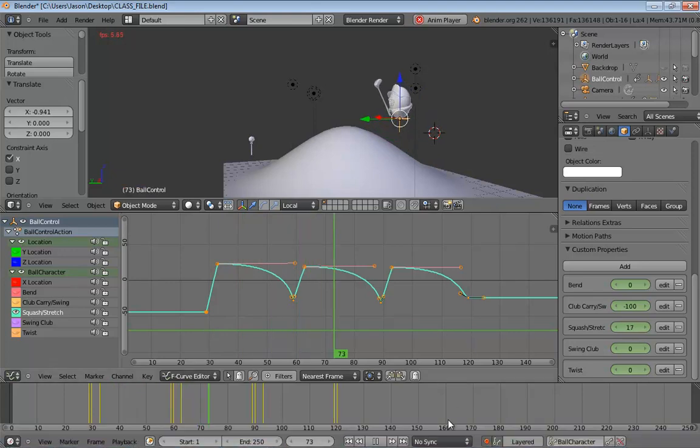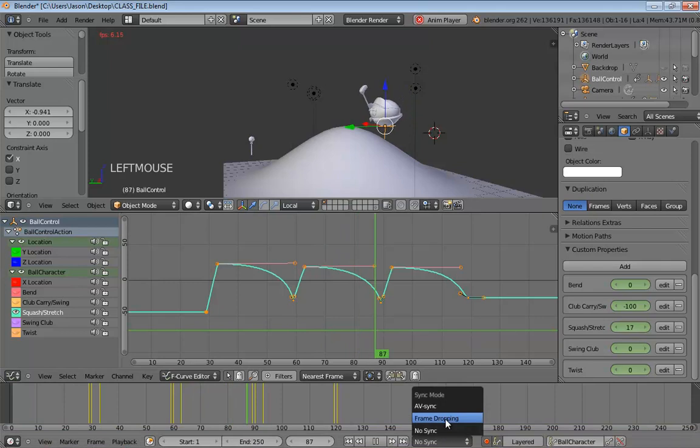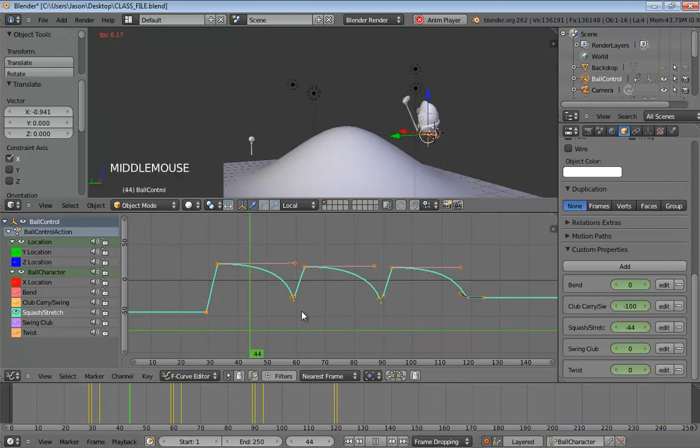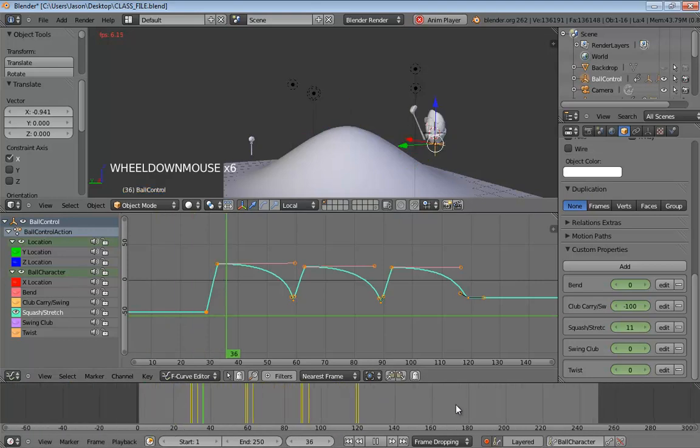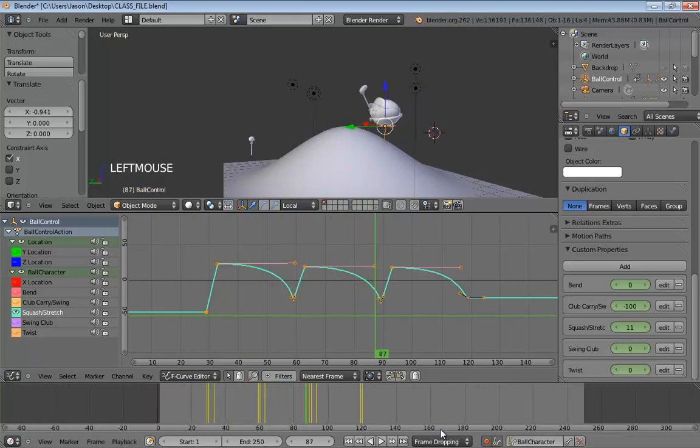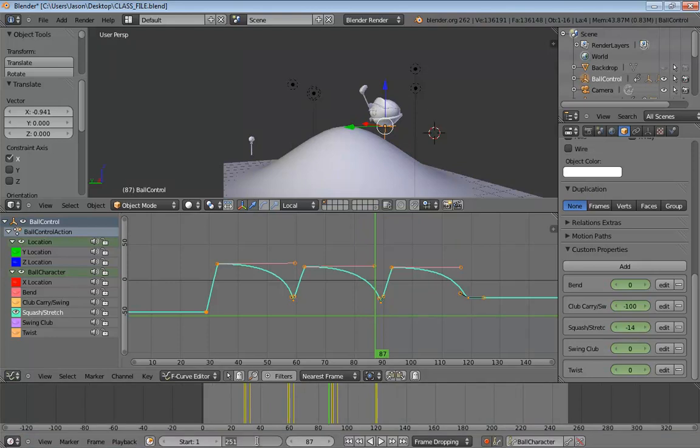and let me take my sync, and if I set that to frame dropping, am I still going to have... Yeah, that bounce right there just looks strange somehow. But I can't tell if it's an update thing, because right now we've got so much going on this computer that it's not updating super nicely. My curves tell me that everything should be working okay. I'm also going to come down here to my timeline, and let me pause real quick. I'm going to set my end. It's hard to tell because of the capture rate.